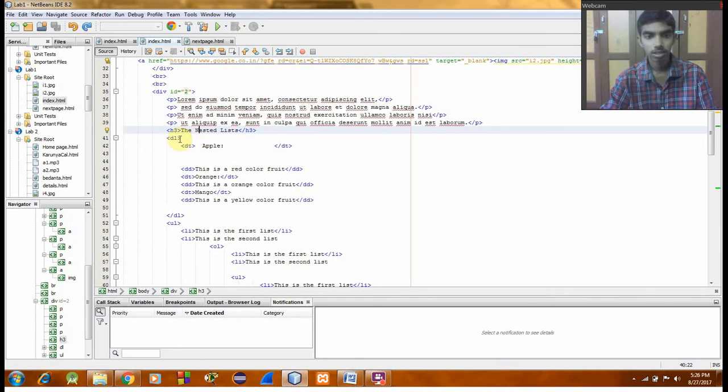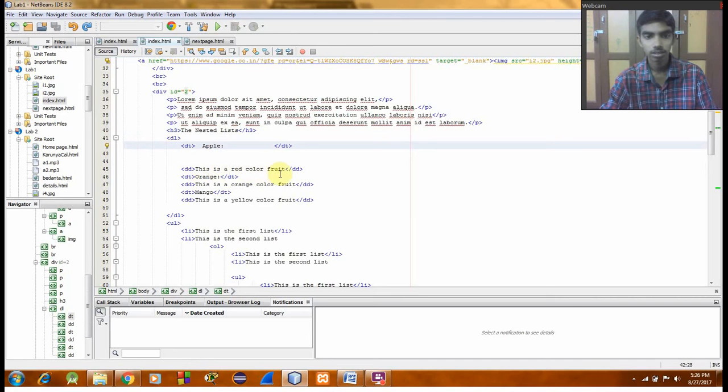DL is a keyword used for creating a definition list. This is the subheading and this is the definition. Apple and its definition: this is a red color fruit, orange, mango, etc. Similarly, DT is used to give the subheading and DD is used to give the definition of it.